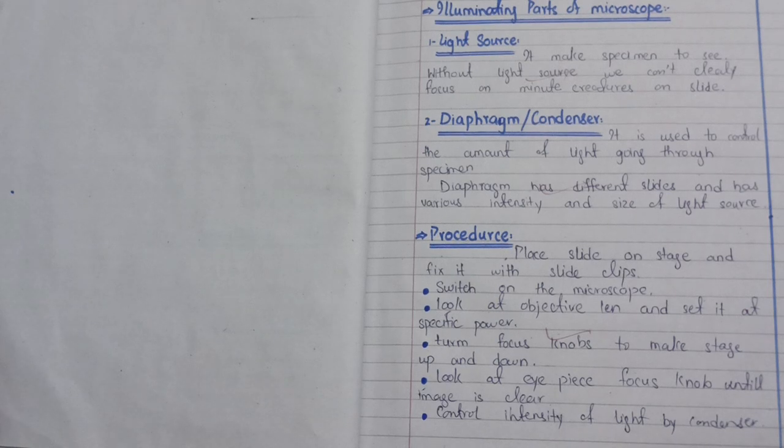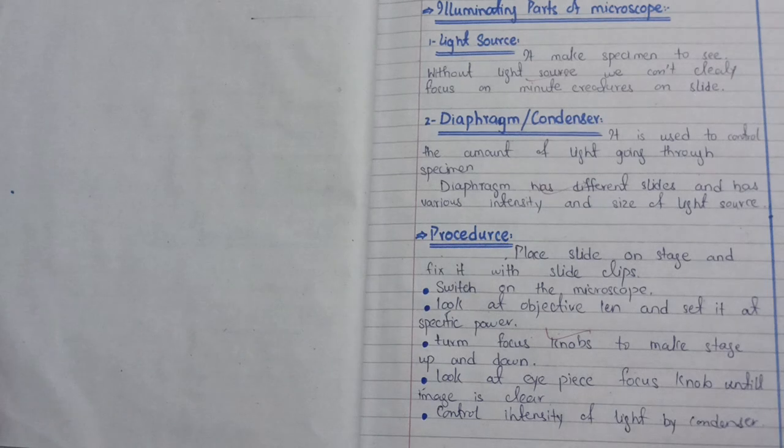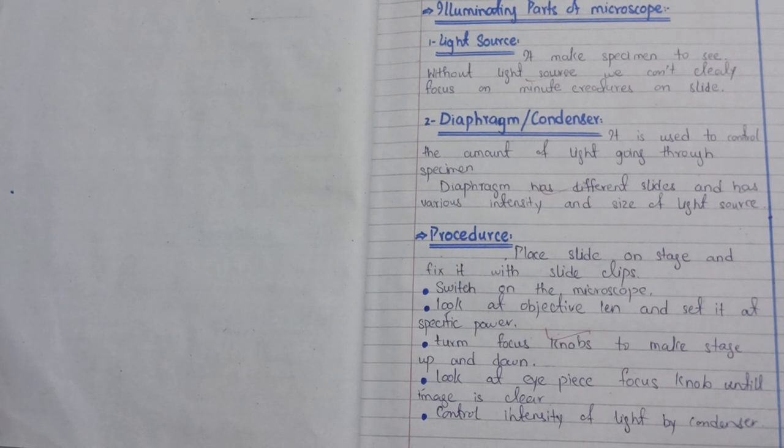दूसरा जो इल्यूमिनेटिंग पार्ट है वो हमारे पास डायफ्राम और कंडेंसर होता है। इसको आप डायफ्राम भी कह सकते हैं, कंडेंसर भी कह सकते हैं, ज़्यादातर कंडेंसर कहा जाता है। सो इट यूज टू कंट्रोल द अमाउंट ऑफ लाइट गोइंग थ्रू द स्पेसिमेन, कि कितनी लाइट, चाहे ज़्यादा लाइट पास करे या कम लाइट पास करे। सो डायफ्राम हैज़ the different slides and has various intensity and the size of the light source. तो मतलब इतने से सुराख से लाइट सोर्स आएगी या बड़े से सुराख से आएगी, उसकी इंटेंसिटी क्या होगी। सो ये चीज़ डिसाइड करना कंडेंसर का काम है।